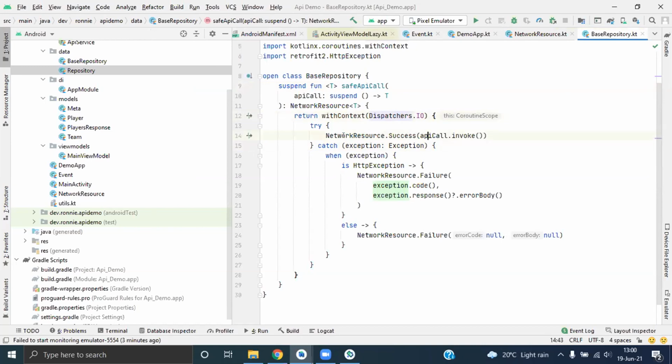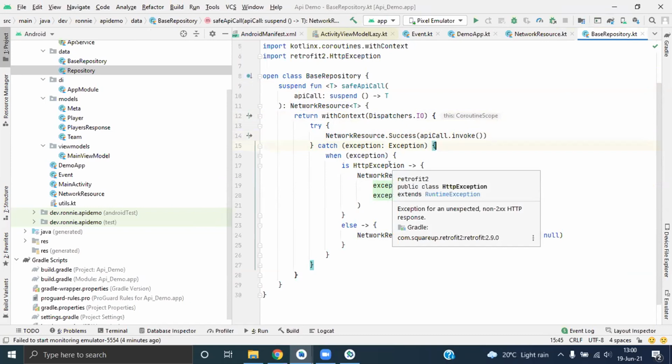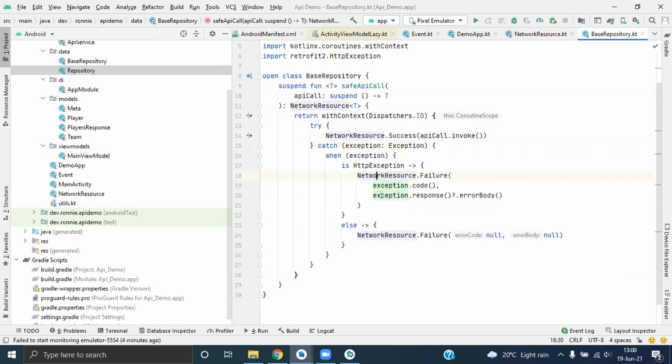If it gets the data, it will just return that data. If it doesn't, there's an exception. We'll check if the exception is an HTTP exception. Mostly if it originates from the back end, we'll show the code. And if there's an error body, we will show the body to the user. Else we just show that there was an error because there's no code. Yeah. So let's now run and see.